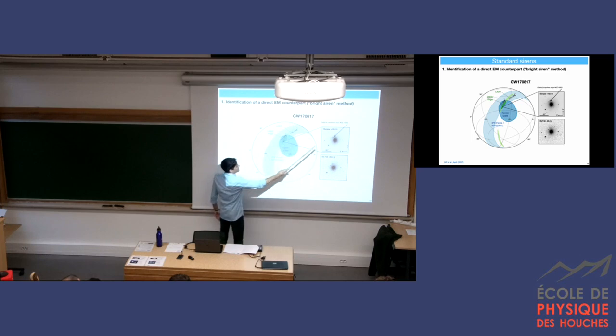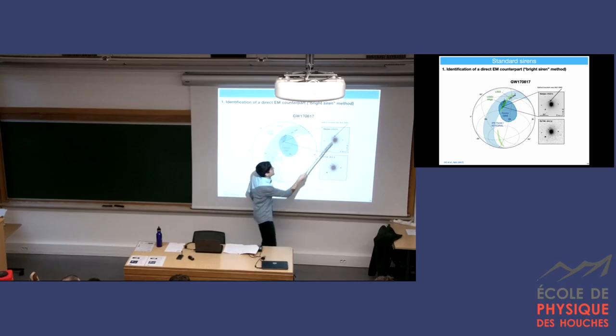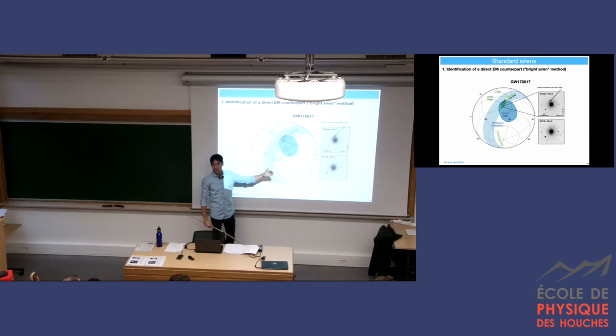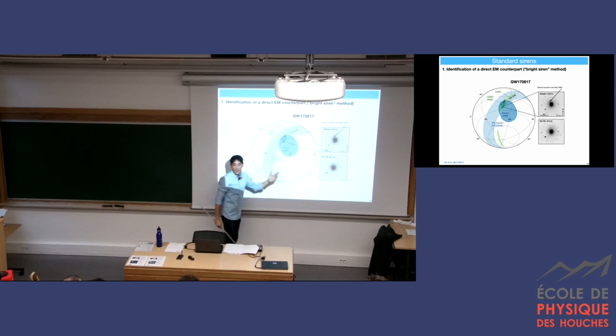So what I'm showing here in these other two plots is the observation in the optical. The counterpart, which is shown here, is what one of the telescopes observed 10 or 11 hours after the merger, after the time of coalescence given by the GW event. And this is how the same region in the sky looked 20 days before. And you see that there is the appearance of this point, which is near the galaxy NGC 4993, which hosts the BNS. Now,